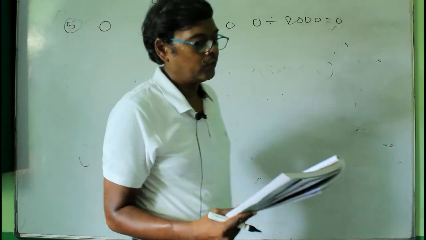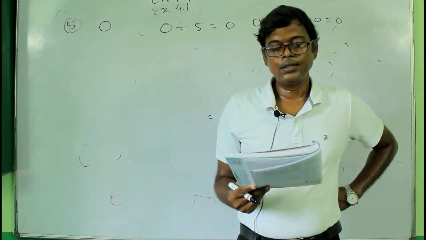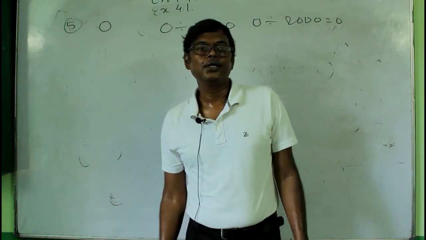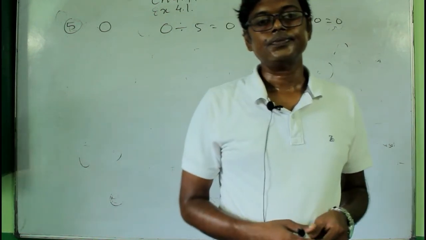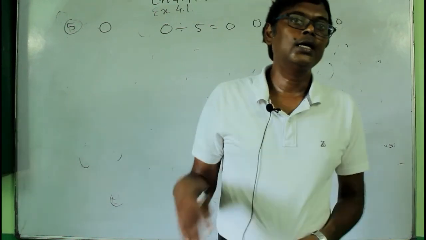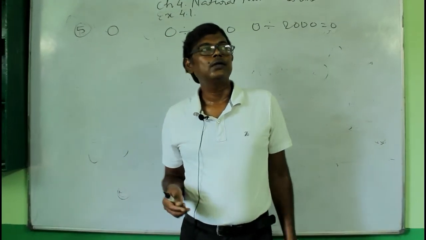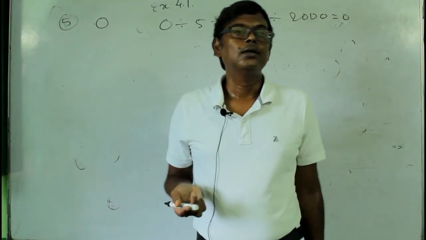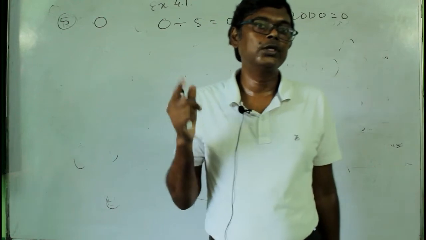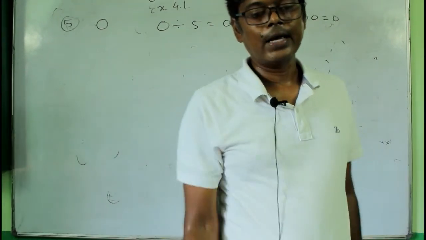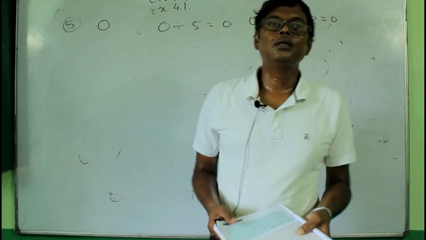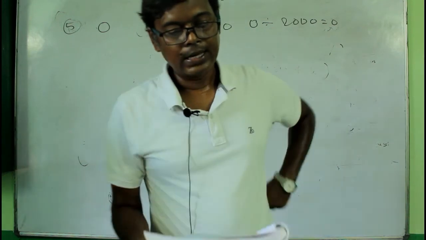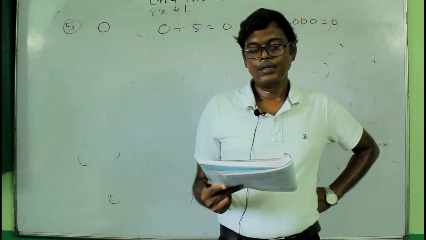And question number 6, what is the difference between the additive identity and the multiplicative identity? Okay, what is the difference between the additive identity and the multiplicative identity? So additive identity means that you have any number, okay, and if you add 0, that is 0. You know that 0 is the additive identity, whereas 1 is the multiplicative identity. This is the difference of these two. The 0 is the additive identity and 1 is the multiplicative identity.